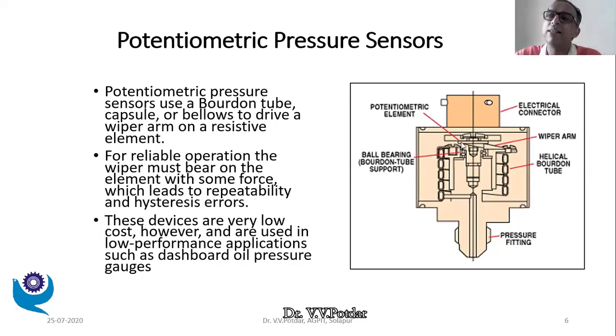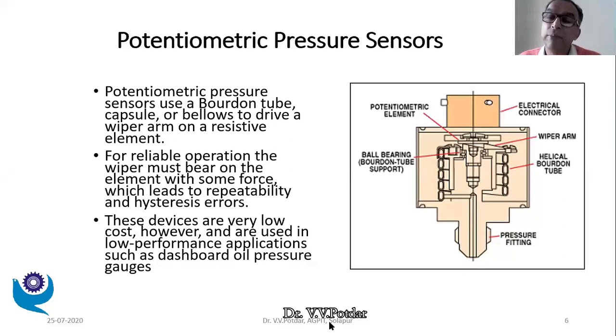It is arranged in a circular fashion, and as the pressure is applied, this tube expands. This Bourdon tube expands, and I get angular displacement at the free end. To the free end, I have connected one wiper arm, and the wiper arm slides over this potentiometric coil, covering different lengths of the wire. So what happens is, in the external potentiometric circuitry, I get resistance change or I get voltage change.